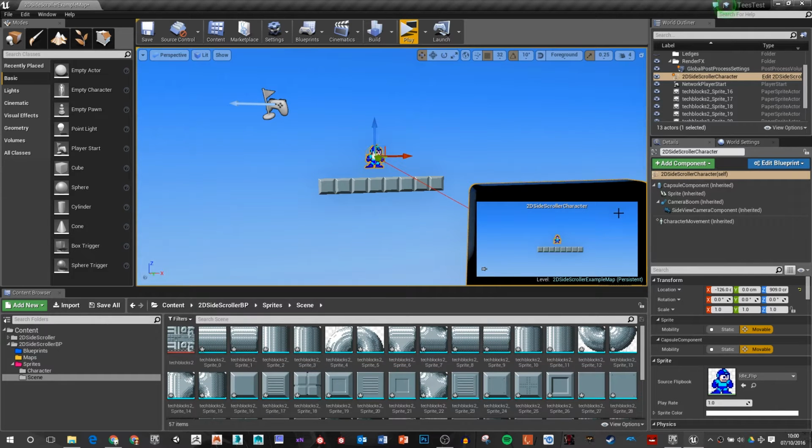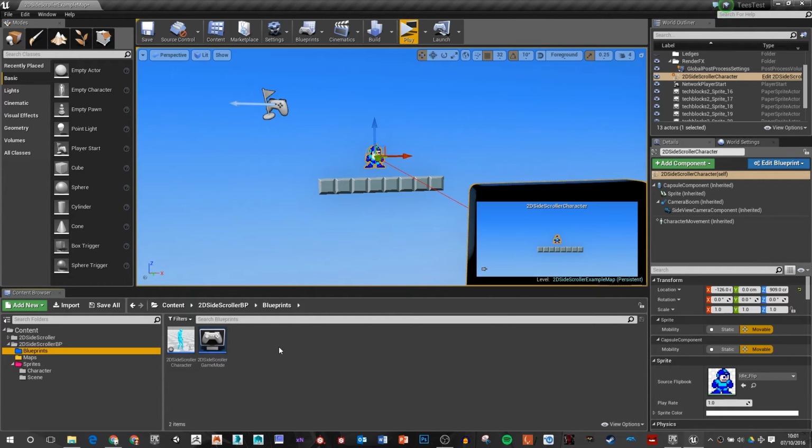Okay, I'm just going to go over how to set up an original blueprint. Before, what we did was we looked at the character one, and we just changed a few options and switched a few flipbooks around. But if we go to our blueprints folder here on the left hand side,